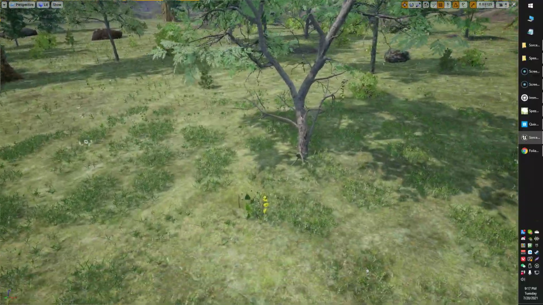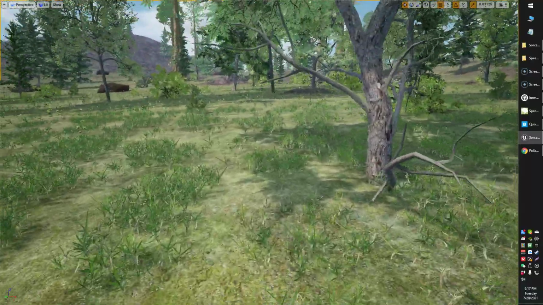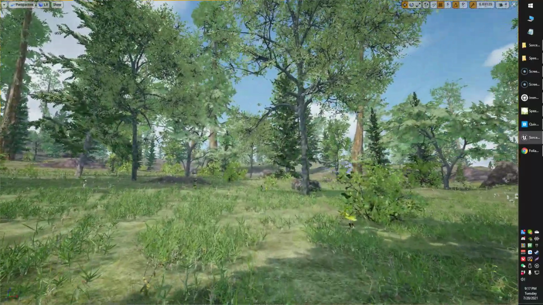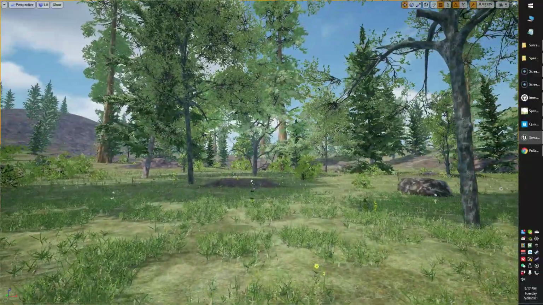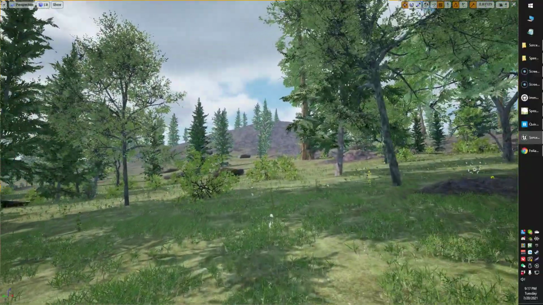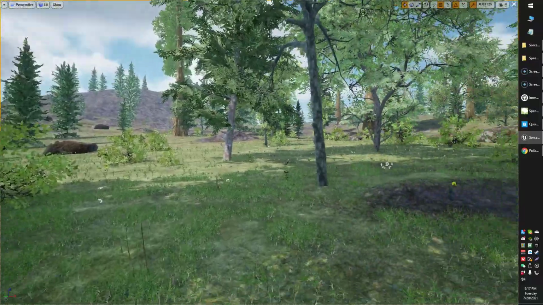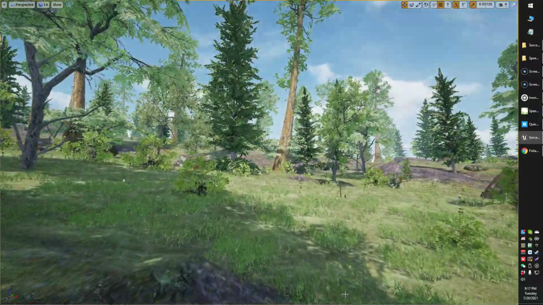So yeah, got some flowers. Again, the LOD is kind of weird on them. We got some trees, we got some leaves, some happy flowers, some happy trees, some happy birds in the sky. No, we don't have birds yet. We probably should get some. All right,